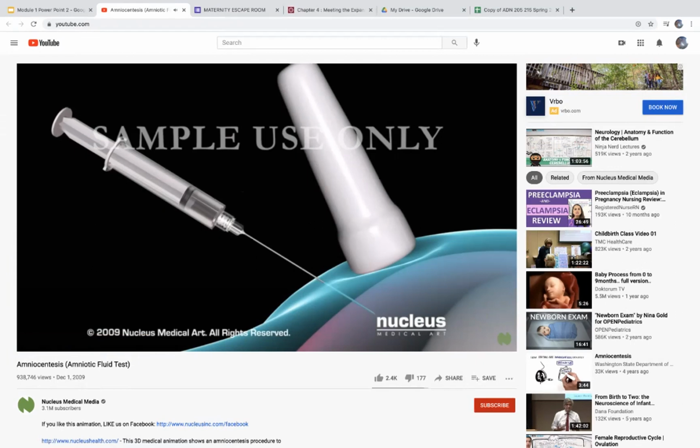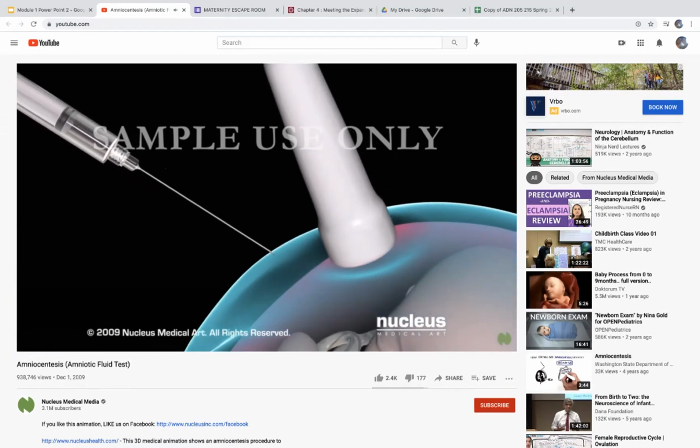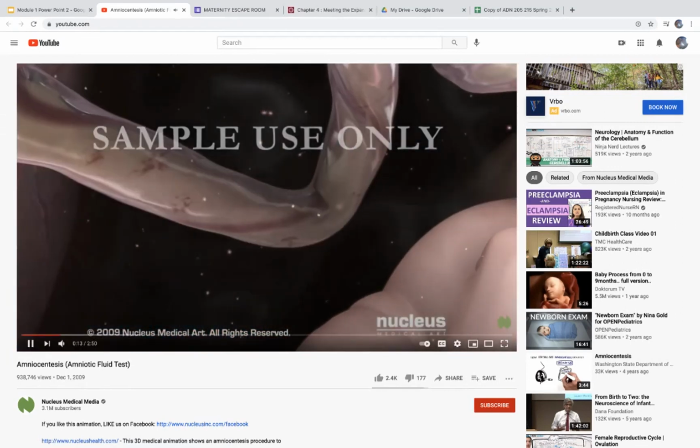Amniocentesis is a procedure that lets doctors detect or rule out problems with your baby's health long before birth. In the uterus, your baby is surrounded